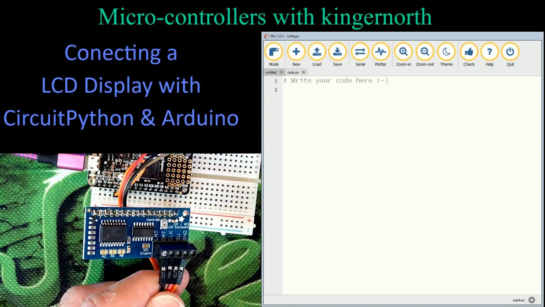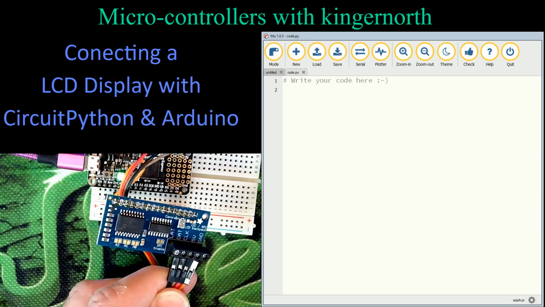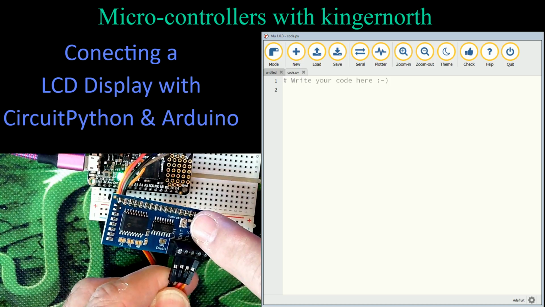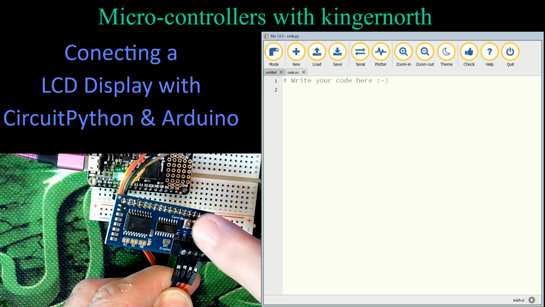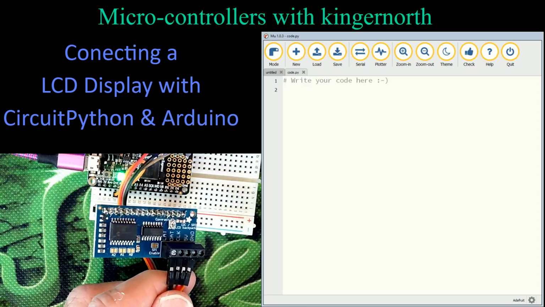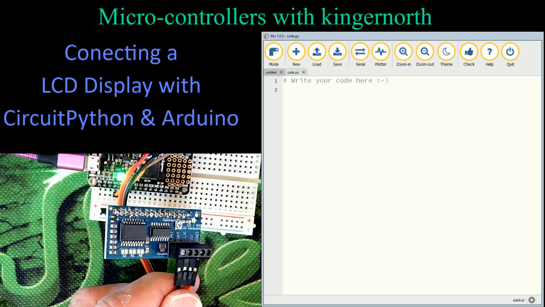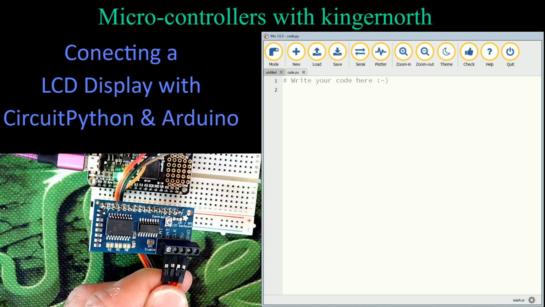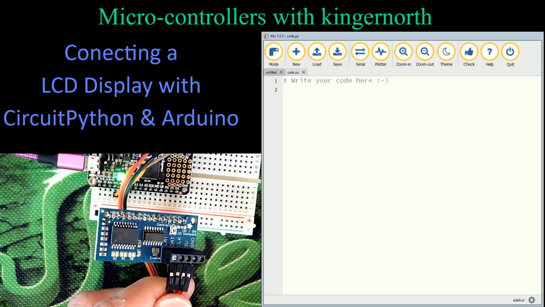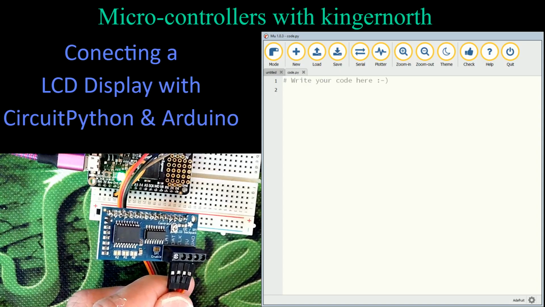Now, I talked about that one picture showed a pot for the contrast. Well, on the back of this, there's a little tiny pot here, and that's what adjusts your contrast. That can be sometimes the most finicky thing about the LCD. You don't know whether it's working or not, and you have to play with that and pull an image up on the screen so that you can see it and make that adjustment. So we're going to do that and see if I need to adjust it or not